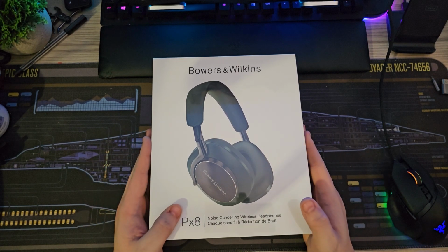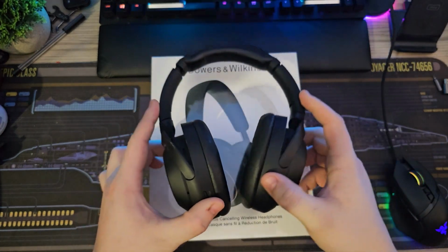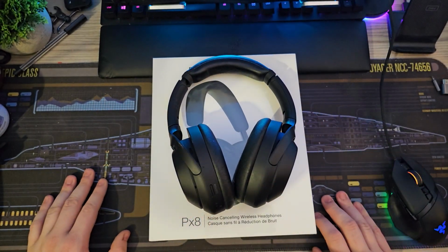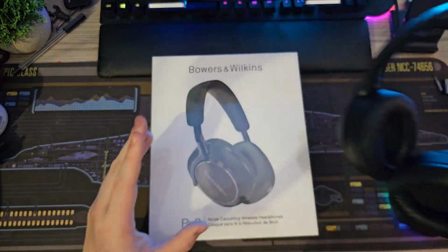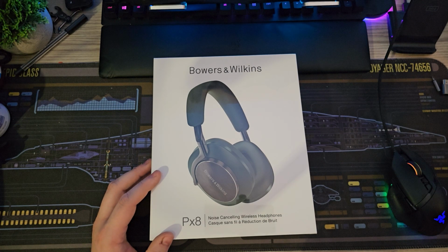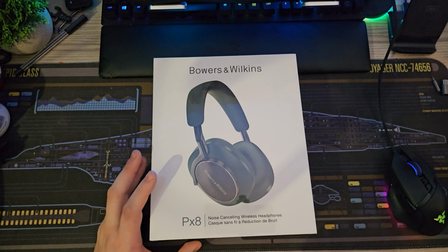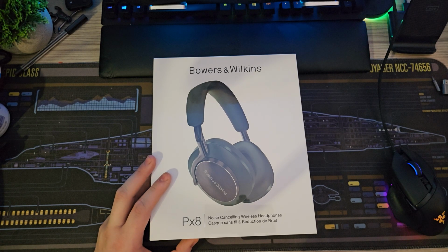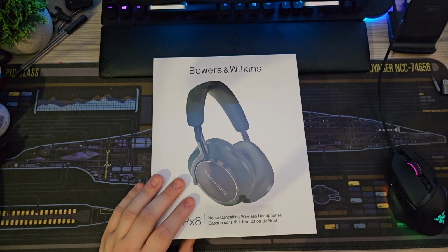Now, these have been out a while. They've been out since 2002, and they're here to replace my WH-1000XM4s from Sony. We'll be unboxing them, taking a close look at the design and features, and of course putting them through their paces with some serious listening. We'll talk comfort, noise cancellation, and most importantly, how they sound. I'm a big believer in experiencing audio the way it was meant to be heard, and I've got high hopes